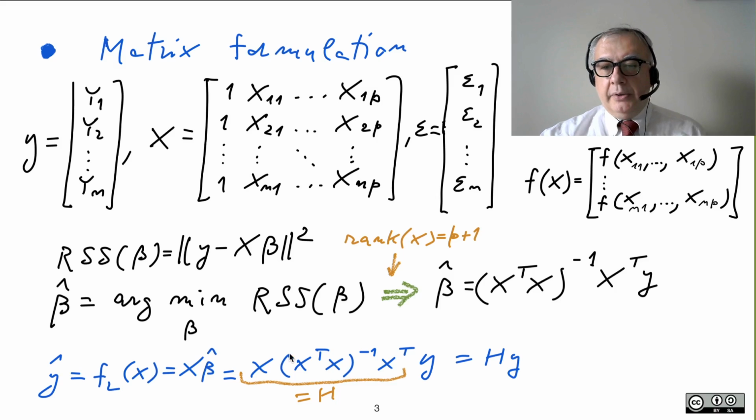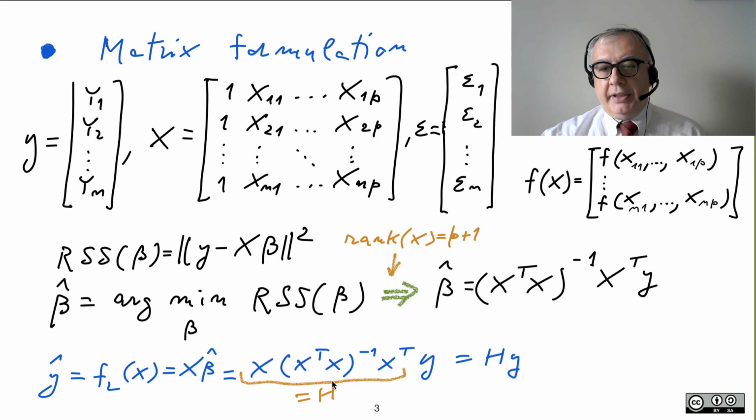Finally, once we have the coefficient vector beta hat, we can predict the responses by y hat, and the result is X beta hat. And here you can see its expression. And how did I get it? Well, I have X that multiplies beta hat, but beta hat is this one, okay? And this is its expression, so I plug it in here, and I observe that